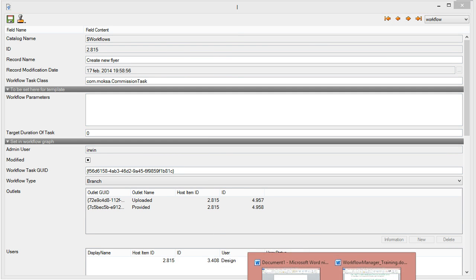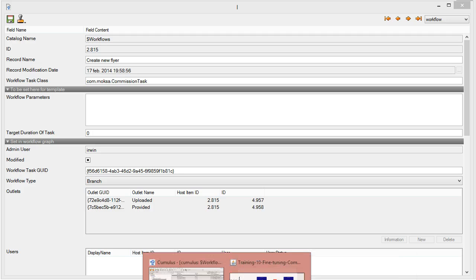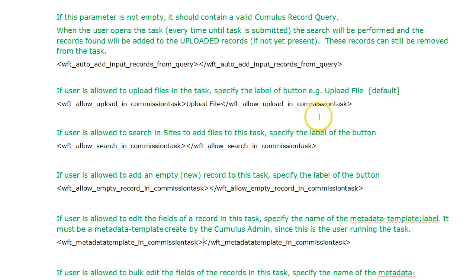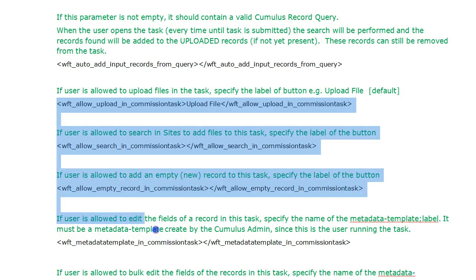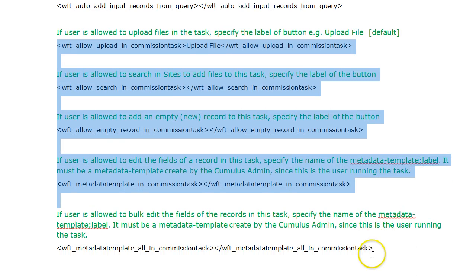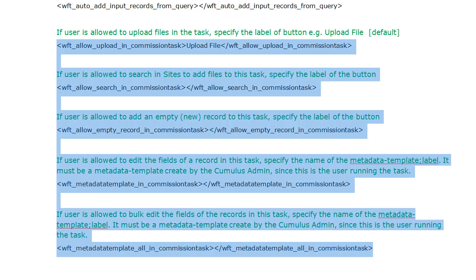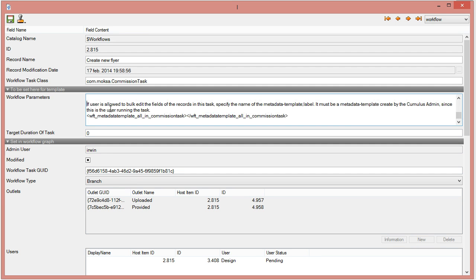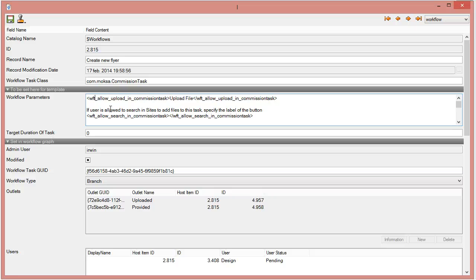I can simply go to my Word file, or even more proper, to get your parameters from would be the preferences, where you just can copy paste them in, but I'm just going to take in this example the Word file, and I'm only going to use for instance these settings. So I'm copying these settings, going back to the task,